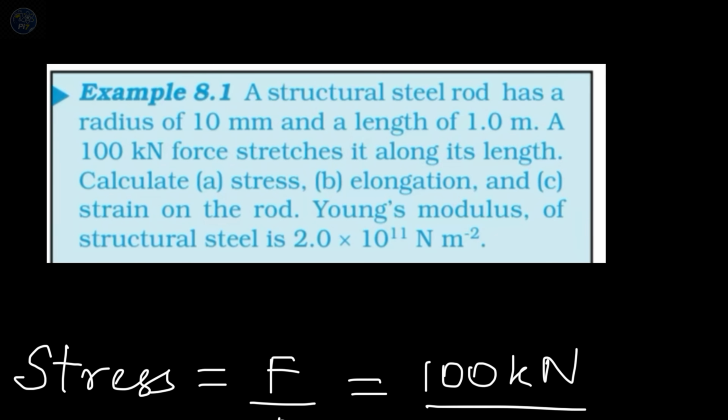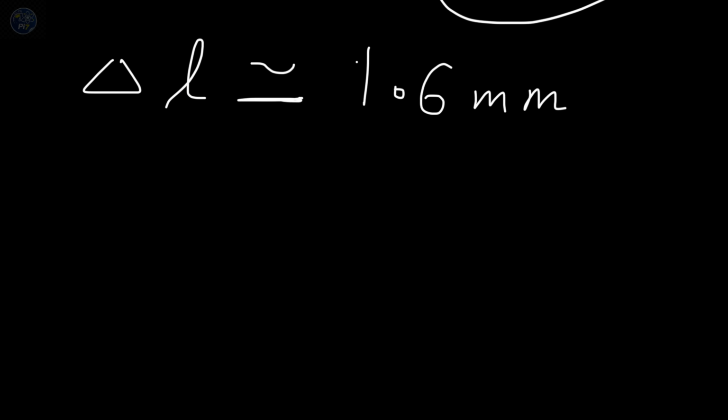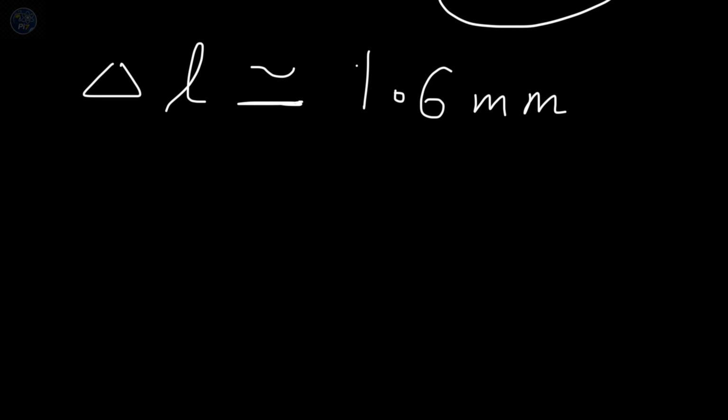Next we need to calculate strain on the rod. What is the strain? Change in dimension by original dimension. What is the change in dimension? Here also we will take delta L in SI unit. SI unit is meter. So strain we will calculate as